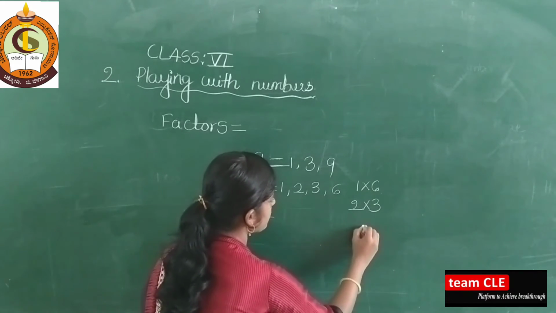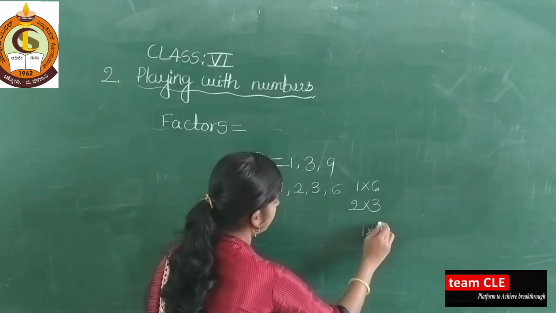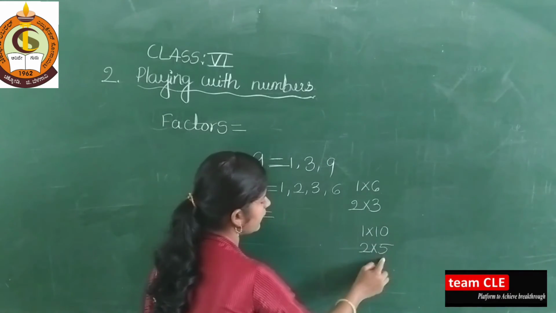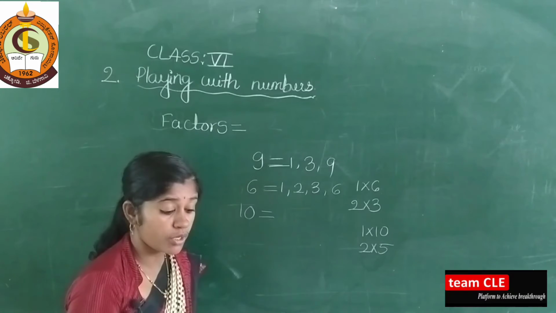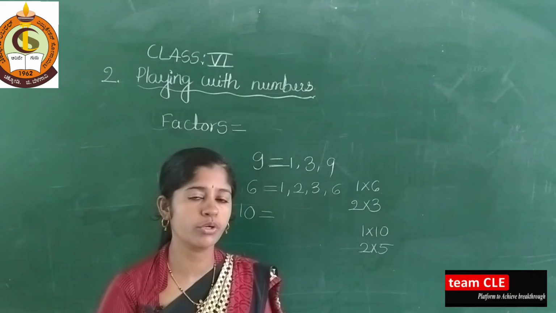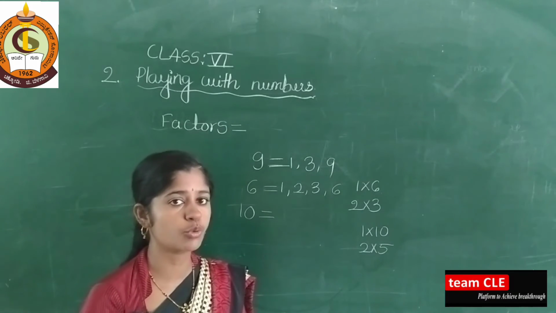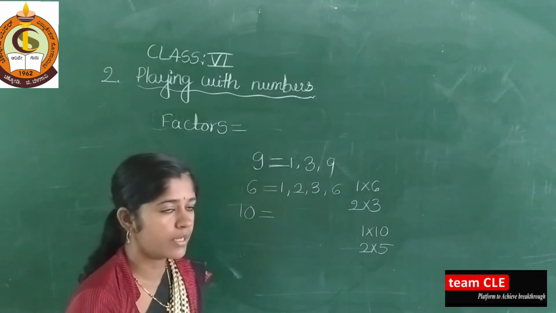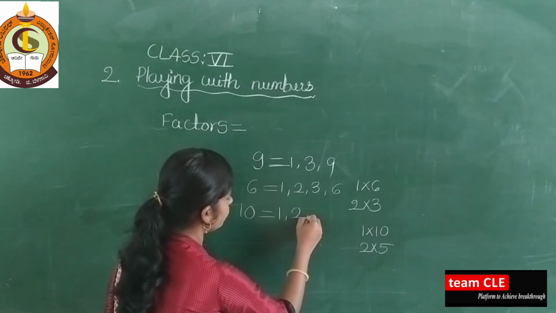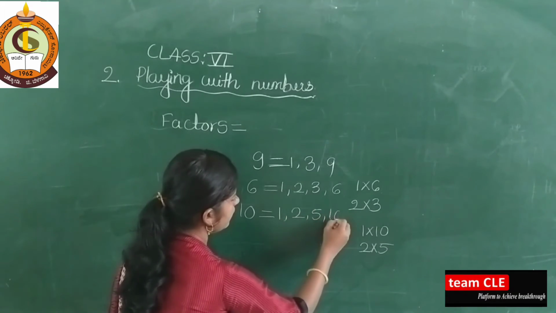Then tell me, 10 is there in 1 5 is 5, 1 10 is 10, and again it is there in 2 5 is 10 and 5 2 is 10. For this you need to know tables compulsorily, then only you are going to solve this example. So please keep practicing tables every day. So here the factors of 10 are 1, 2, 5 and 10.